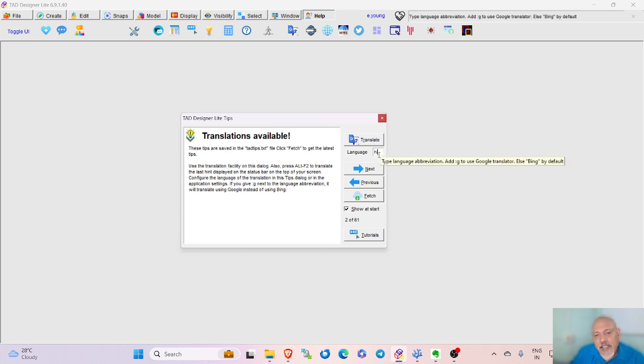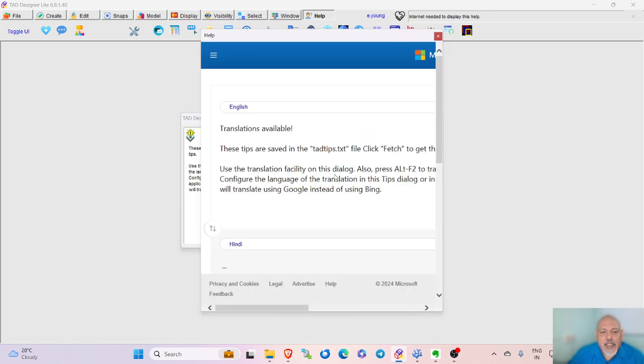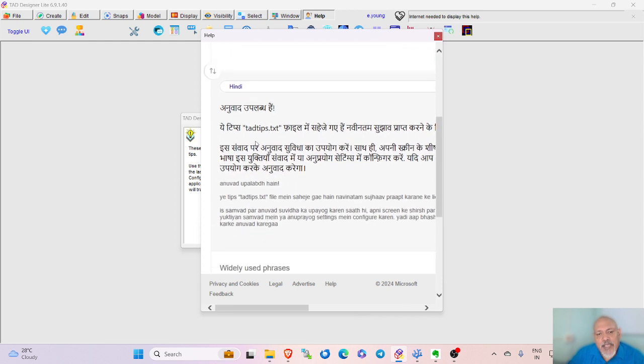Usually the language it will determine and it will give you the hint right here. But in case it is not there, it's a two-letter abbreviation which is used in computers. So HI is Hindi, EN is English, ES would be Spanish, DE would be German, FR would be French. You can click on the button here and it will translate this into the language which you have selected. So this is using Bing, and that particular tip you can see here.